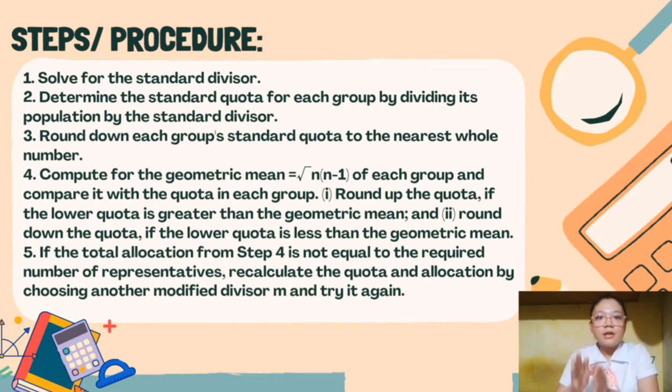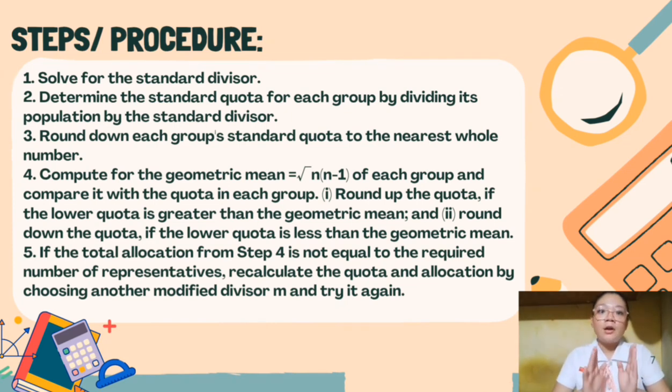And round down the quota if the lower quota is less than the geometric mean. So if the state's decimal quota is greater than the geometric mean, round up to the next whole number. But if the state's decimal quota is less than the geometric mean, round down to the nearest whole number. And the last step, number 5, is if the total allocation from step 4 is not equal